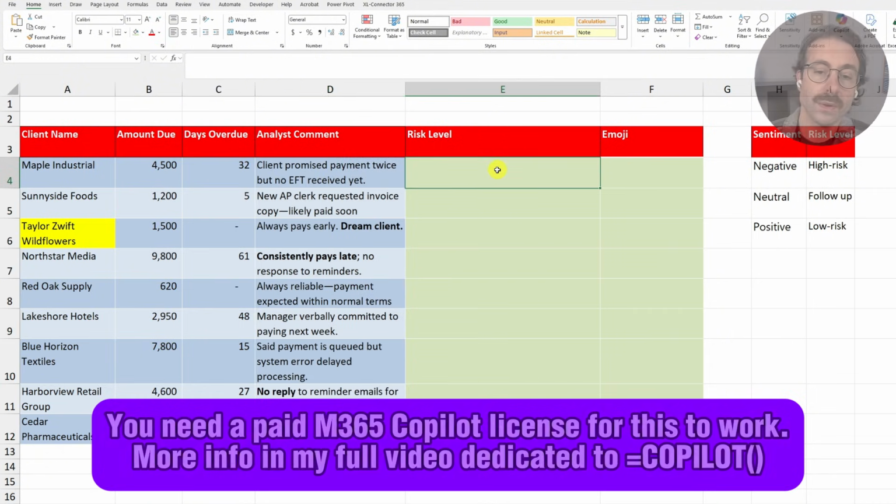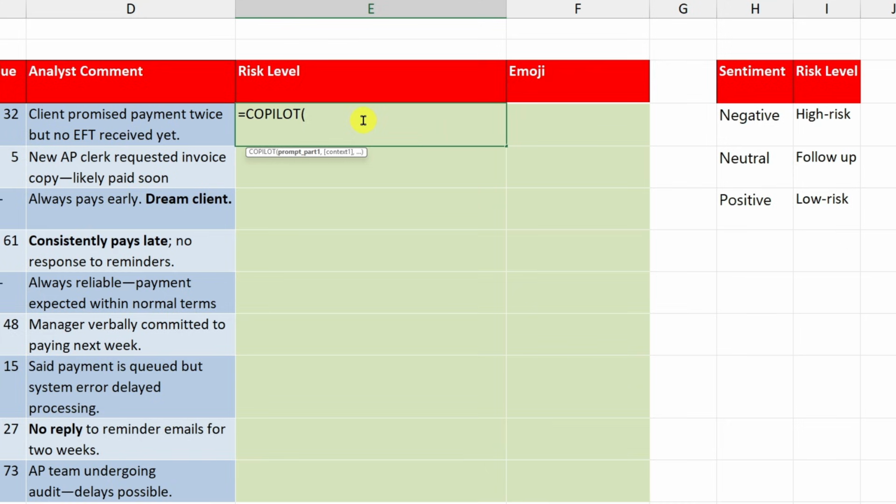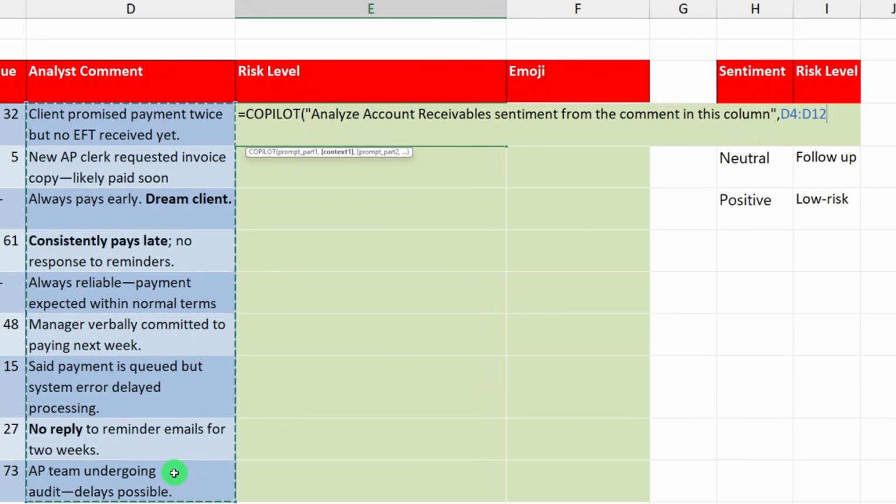So here we go. I will type equal Copilot. I will open the parenthesis and then open the bracket, and I will say the following: Analyze account receivable sentiment from the comment in this column, and then I will put a comma, and as my second argument, I need to give a context, so I will refer my column D right here that contains the comment, right? And then I will ask another prompt, so I will put a comma for another prompt,